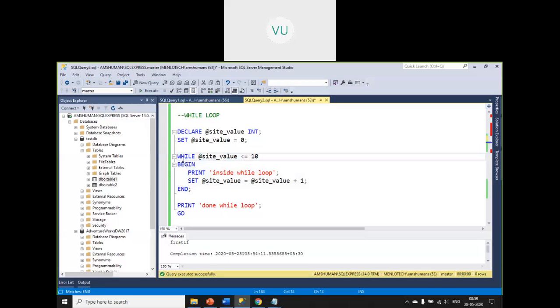Otherwise, it will keep on executing endlessly, and it will become an infinite loop, and your application will hang, your database will hang. Your DB objects, tables, and all others will not be able to be queried, and you can't use your database. So what we are doing here is declaring a variable, setting the value, and while